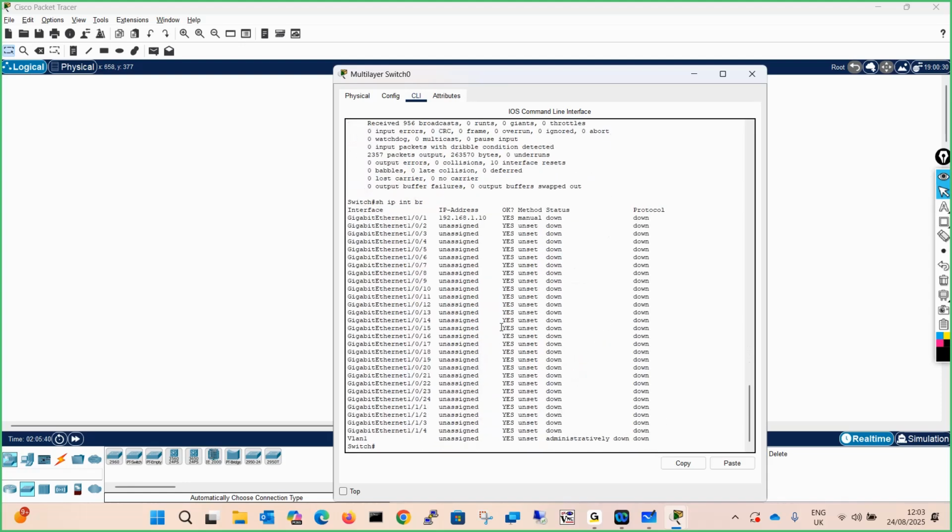For now, see that this is showing that Gig interface 1/0/1 has the IP address 192.168.1.10. Remember, although this IP address is shown, in reality it is not configured on the interface.